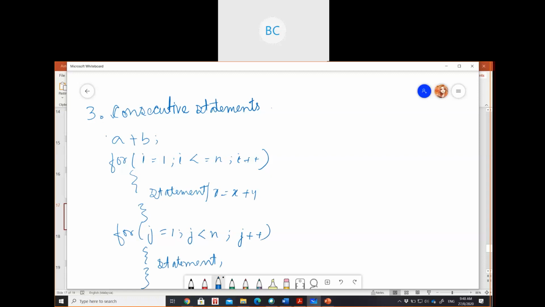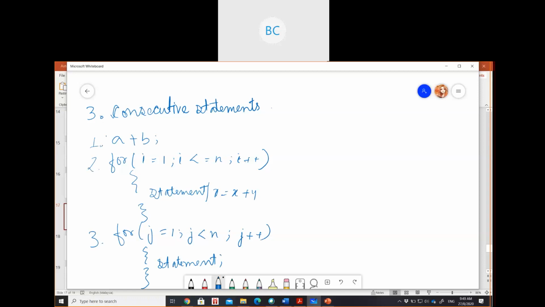So what will be the time complexity here? Suppose this is your line 1, this is your line 2, this is your line 3. So what will we do here? Any guess? I just showed a single for loop and nested for loops. Here we have two for loops, but these are not nested.